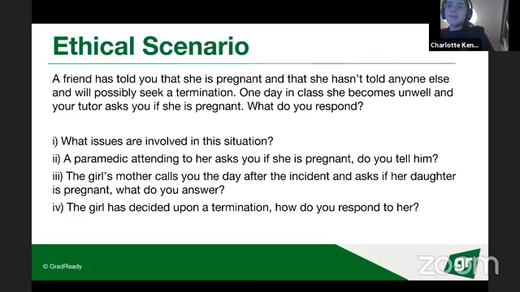So if your friend is comatose on the floor, and the paramedic's asking, is there anything important I need to know about? Then you can probably break confidentiality and tell him she is maybe in the early stages of pregnancy. I don't really know. But if your friend is awake, she's of sound mind, she's completely okay to make her own medical decisions, and she hasn't disclosed that she's pregnant yet, you shouldn't go behind her back and tell the paramedic, is basically how this scenario should run.